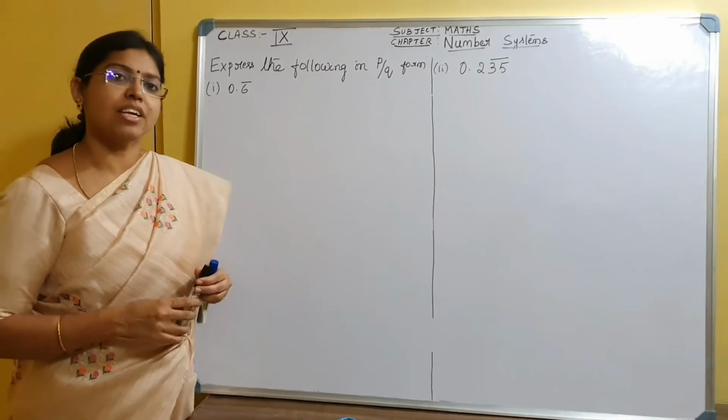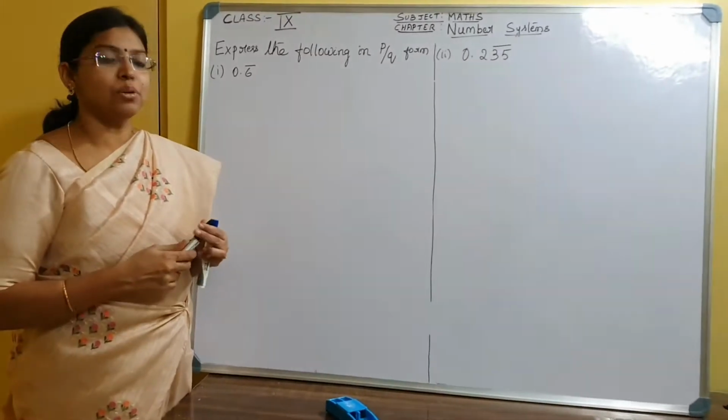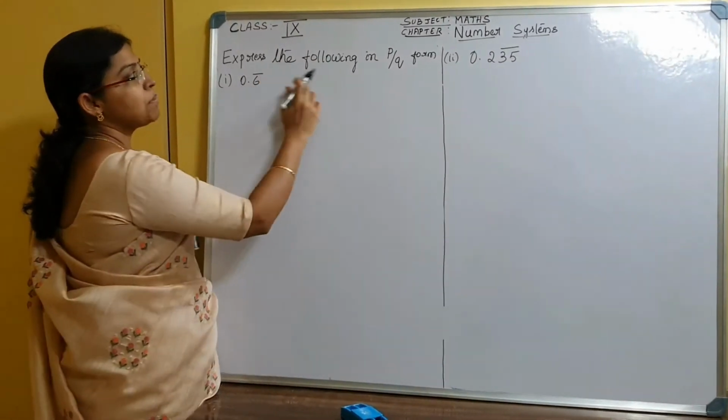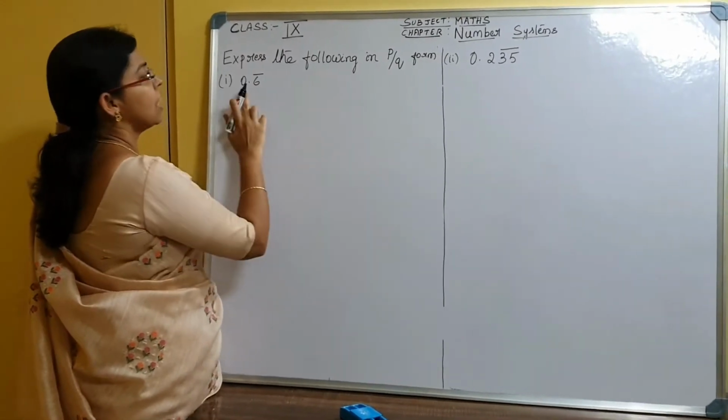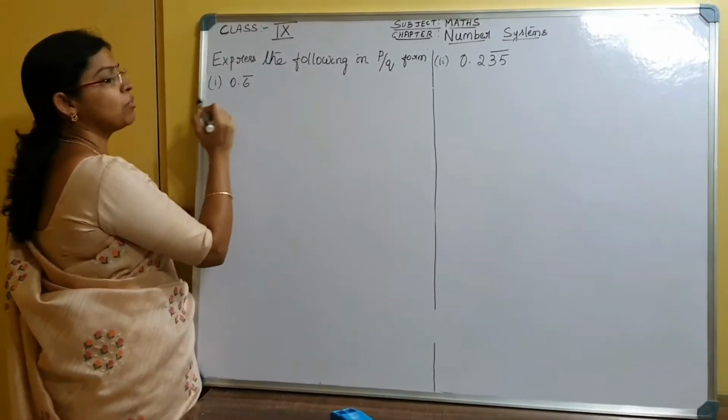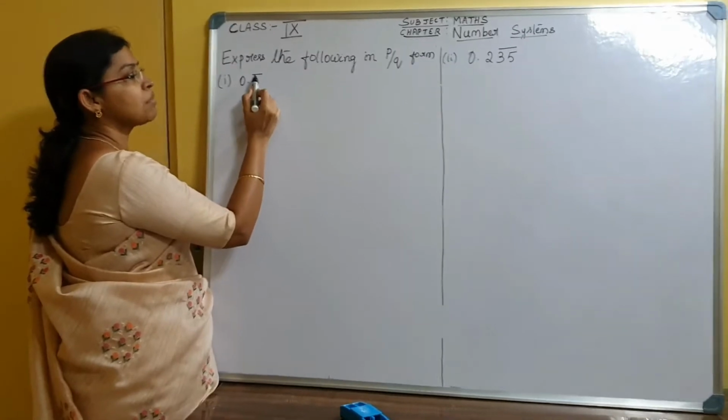In the previous session we were learning rational numbers and irrational numbers. We will continue with that. Here, express the following in p by q form. And they have given this number. From this number, what do we understand? This 0.6 bar represents,